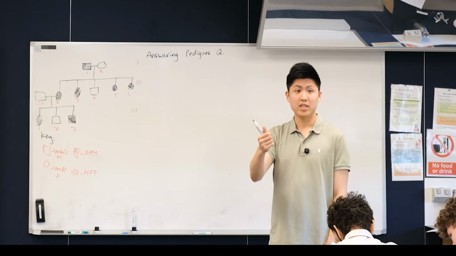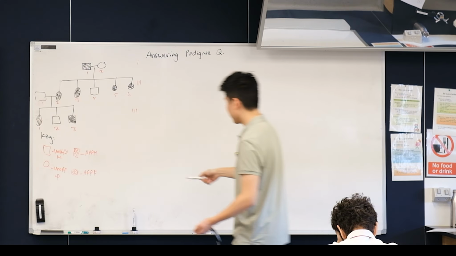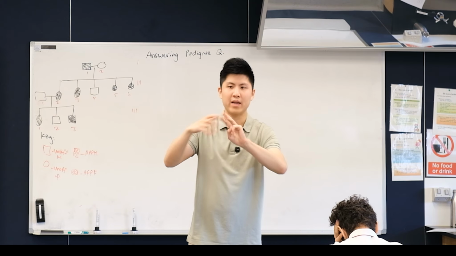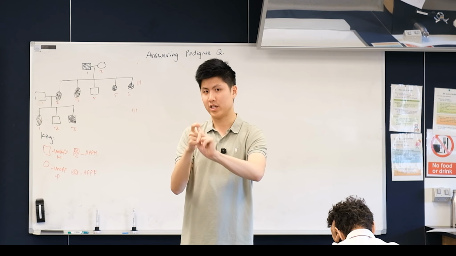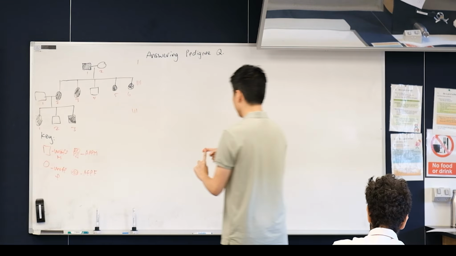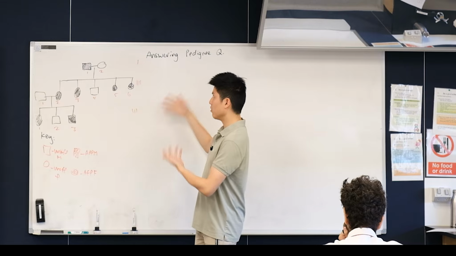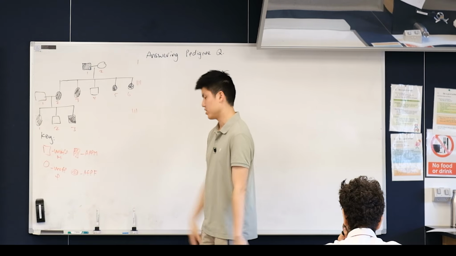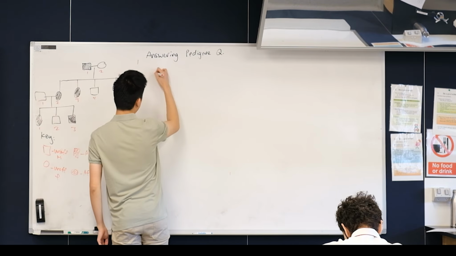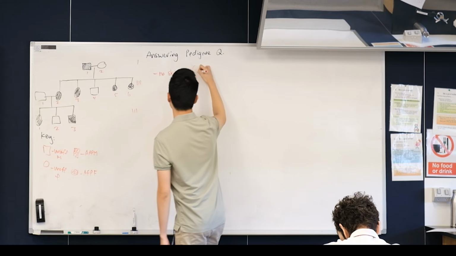So the first thing we need to do is determine our pattern of inheritance, right? So we know that we have a framework. Firstly, it's like a 3-step rule. We check if there is a skip generation, because if there is, it's most likely a recessive pattern of inheritance, right? So I look at my pedigree, do I have a skip generation? Well, no, it's present in all 3 generations, right? So I do not have a skip generation. Therefore, it's probably not recessive,